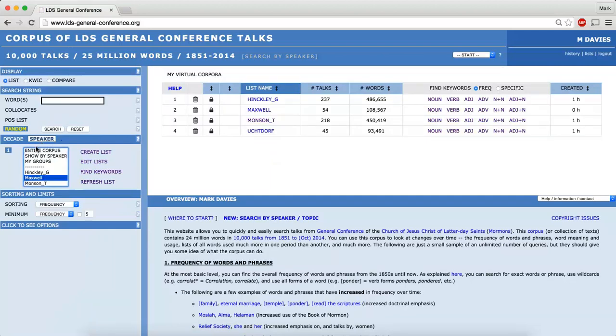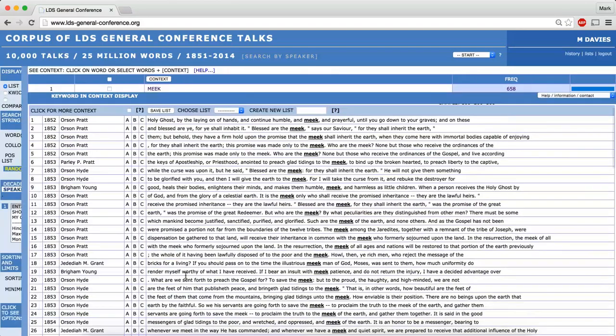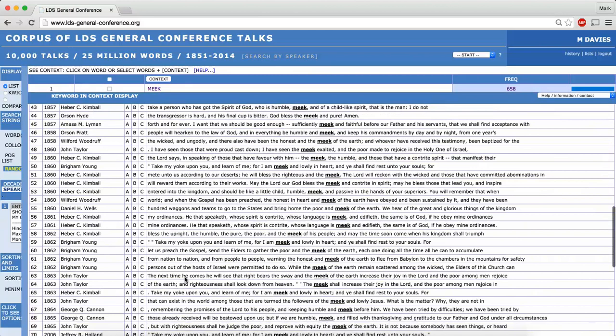Now, if I were to search the entire corpus, all of the talks from General Conference, and if I were to search for meek, I'd see that it occurs about 1,100 times. And if I click on any of these words, notice that I'm getting entries from all these different